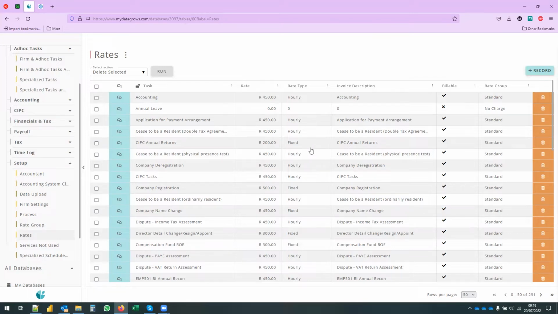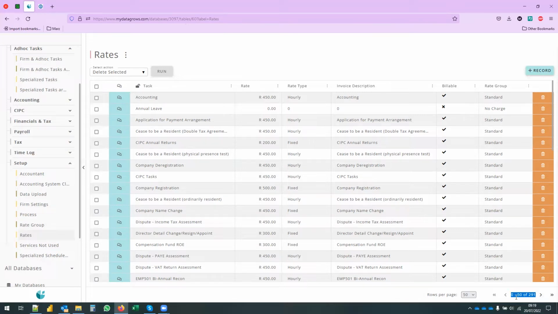In other words, does the time worked affect the quantity that you invoice? You can give an invoice description if it differs from what we label the task as. So if you would prefer it to be processing of bank statements, invoices, journals, for example, and then specify whether the task is billable or not. So things like annual leave, you might want the time recorded, but not necessarily bill for it, okay? And then for every rate group, you need to add the tasks that will be worked on within that rate group. So it takes a little bit of time, which is why we have